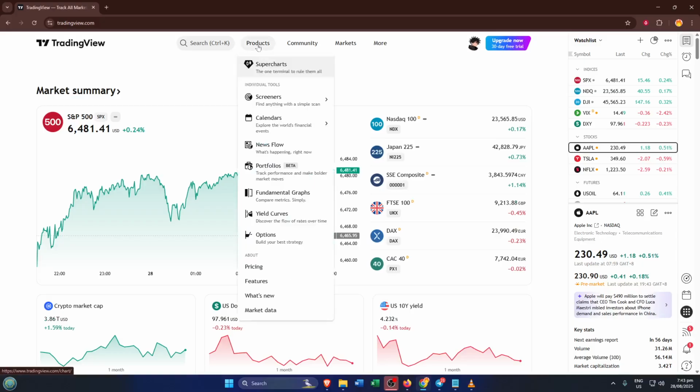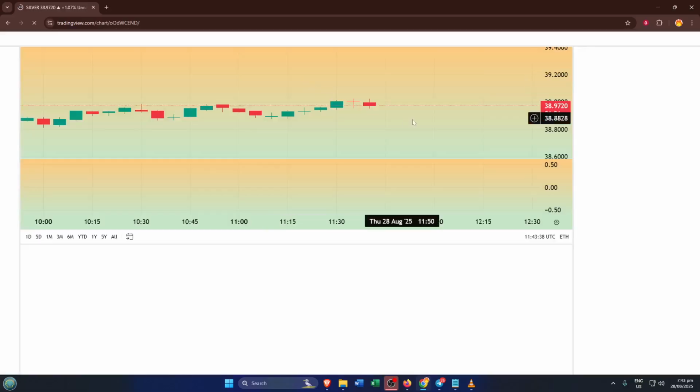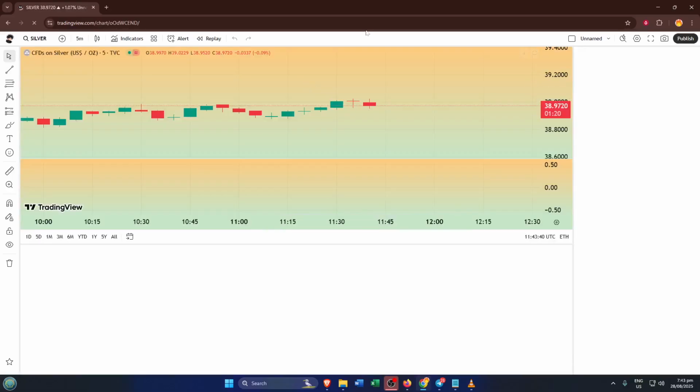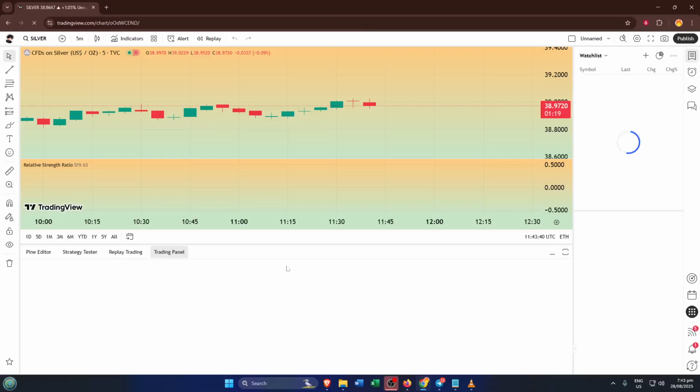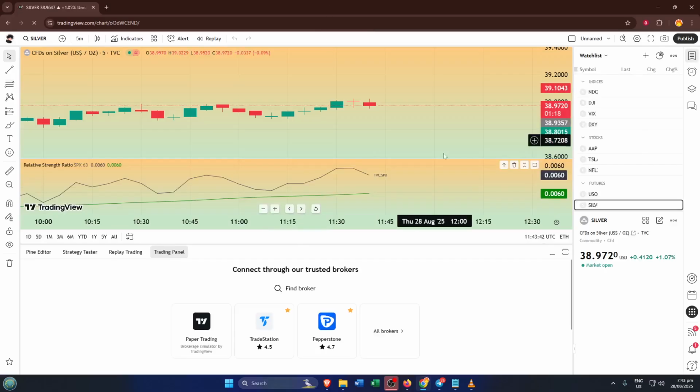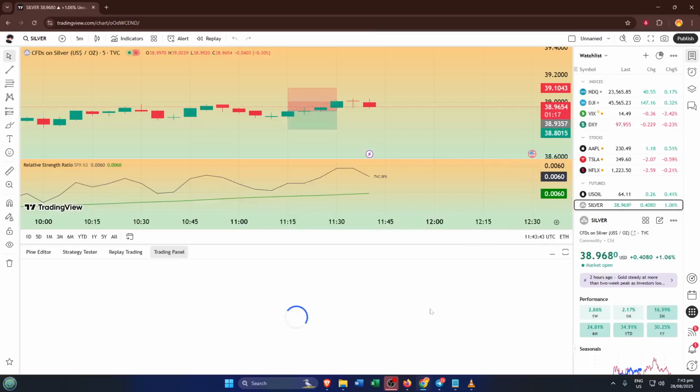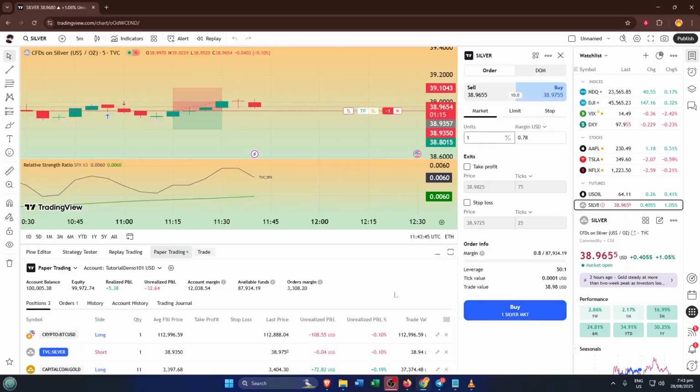Next up, look towards the top left of the screen and find the Products button. Go ahead and click on that. This brings up a list of different Tradingview features, things like charts, ideas, screeners, and yes, our main focus today, the watch list. If you're new to Tradingview, think of the watch list as your personal toolbox. It's where you can keep an eye on your favorite stocks, cryptos, futures, or whatever you happen to be watching